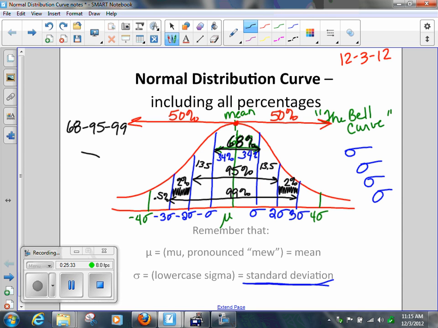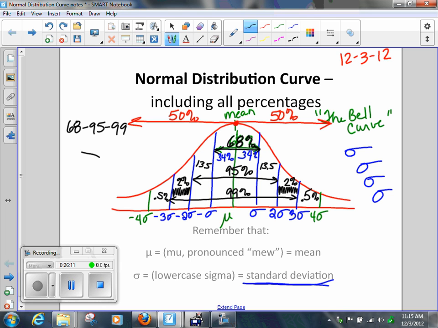See, Dr. G would be proud of you. What would I do? I would say 2% plus 13.5 plus 34 plus 34 plus 13.5 plus 2, and I would get 99, and then I would take it away from 100 because I'm not a forest person. We're still going to get the same thing. 0.5%. Those little numbers, folks, if you can grasp the concept, first of all, if you know 68, 95, 99,